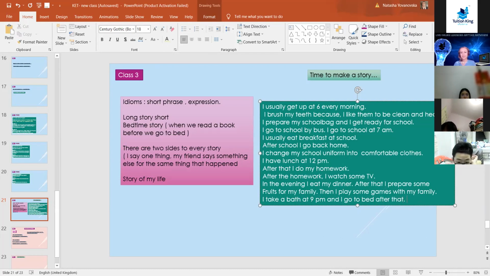Perfect. So we got this story. This is also very good because this is how we're gonna build the fluency and we're gonna extend the sentences. Okay, this is our first class that we're doing this, but we're just gonna use it as a tool to practice our grammar, but also our speaking skills. Awesome. So what did we learn today? What did we do?